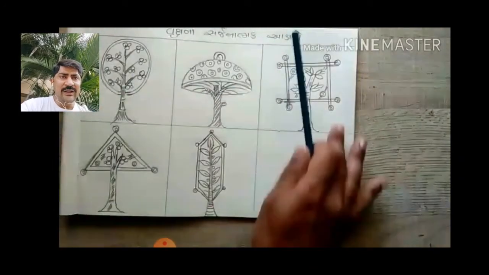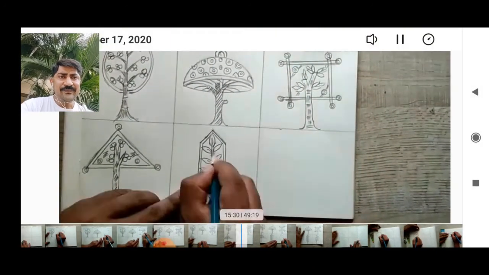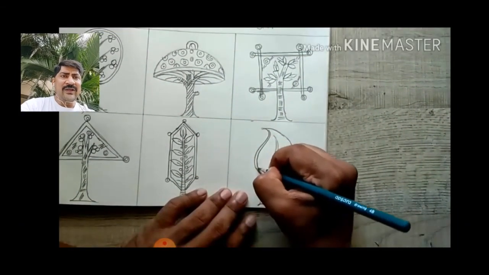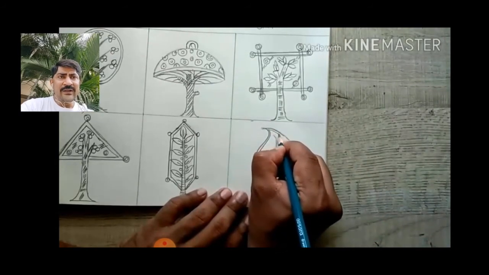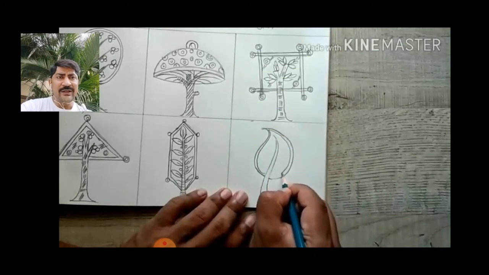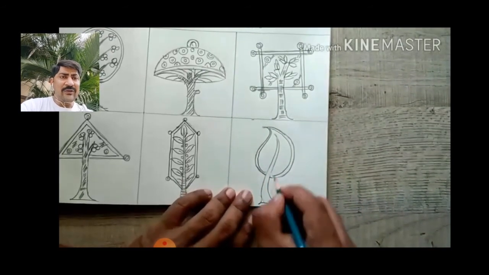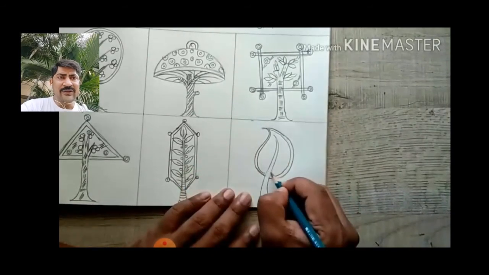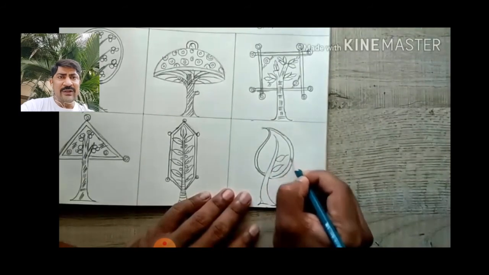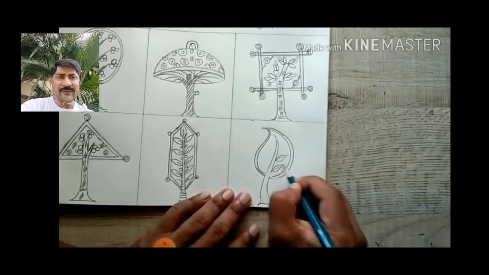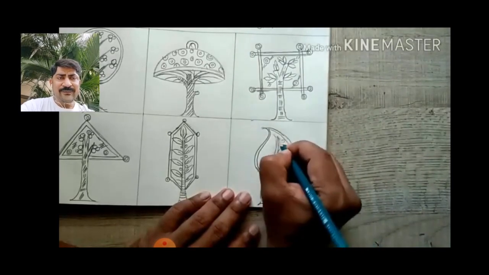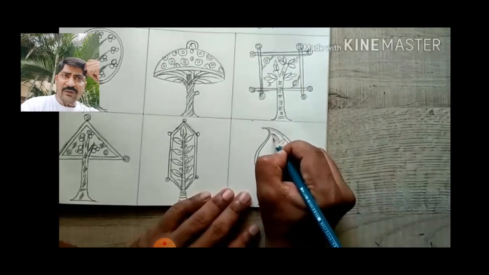Now we learn the last type of tree, that we do in a shape with curve. Okay, a curved shape of a leaf we have drawn first, double lined it, and then drawn the trunk and branch also in a curved shape. The same leaves we are going to do which we have done in the previous tree, big size leaves, same thing, just observe. So this was the last tree which I taught you in this video.